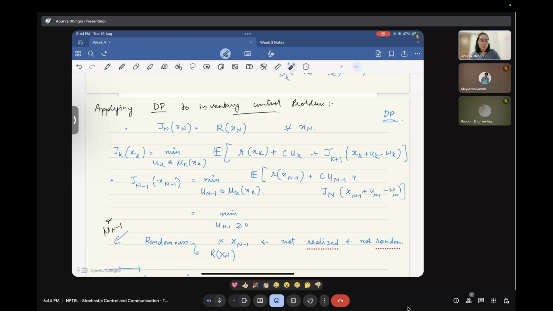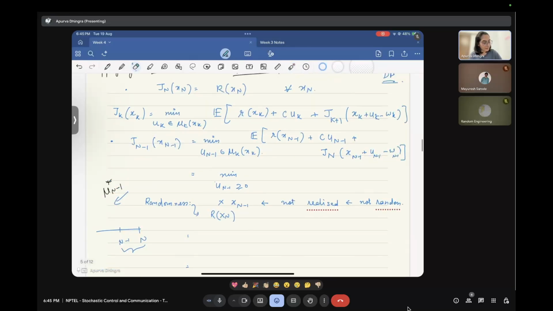This is something that has no randomness in it. This is just a value that is not realized, but this is just a parameter, and we are calculating the value function J at whatever time step for all of these. So this component is something that is not random, so we can actually take it out of the expectation. And un is the action, so there again there is no randomness as such. The only source of randomness is over here. So we could simplify this and write